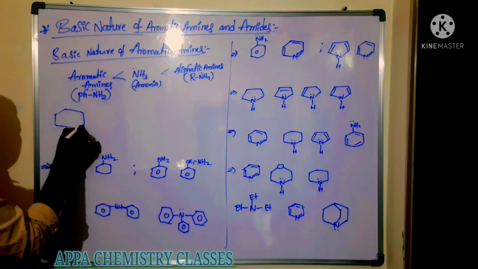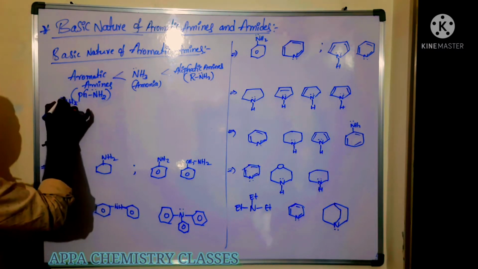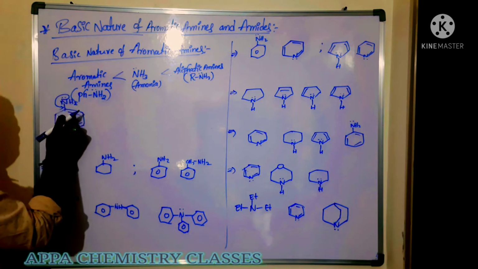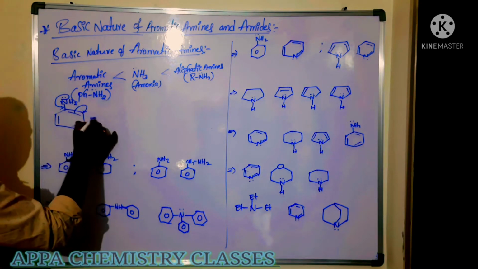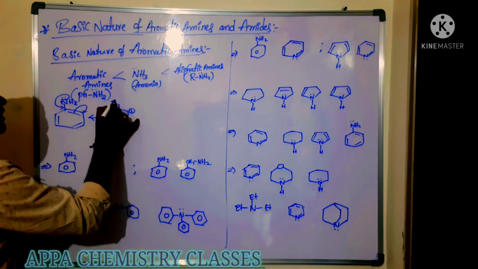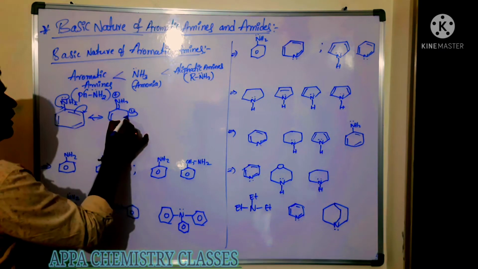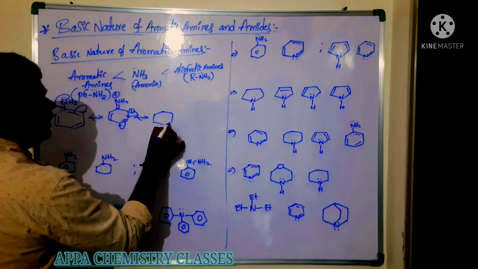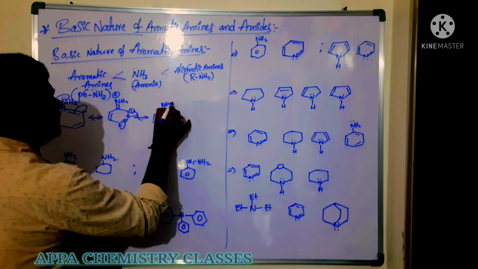Now you can take here, in this case, the nitrogen's lone pair of electrons will be involved in delocalization because it is present in conjugation with the pi bonds of the aromatic ring. So then what happens? We are going to get resonating structures here. Negative charge, double bond, NH2 plus. Again this pi bond is shifted, and we get the negative charge at the para position, double bond NH2 plus.